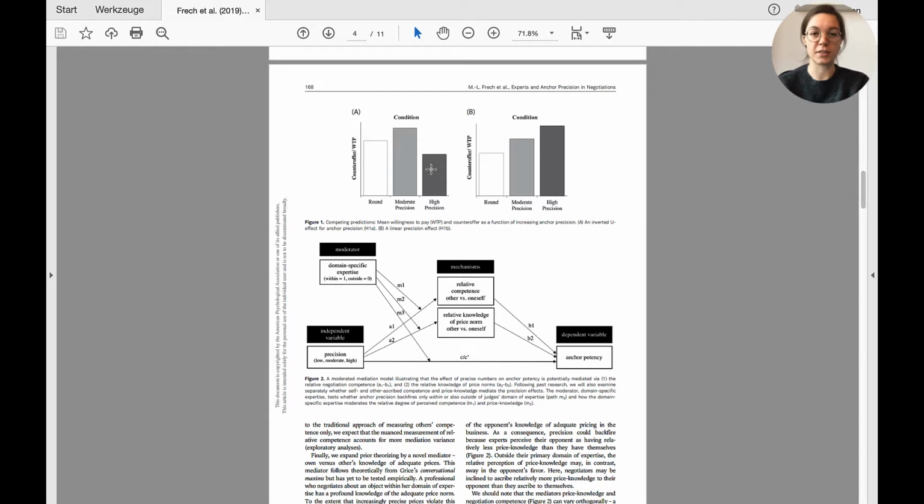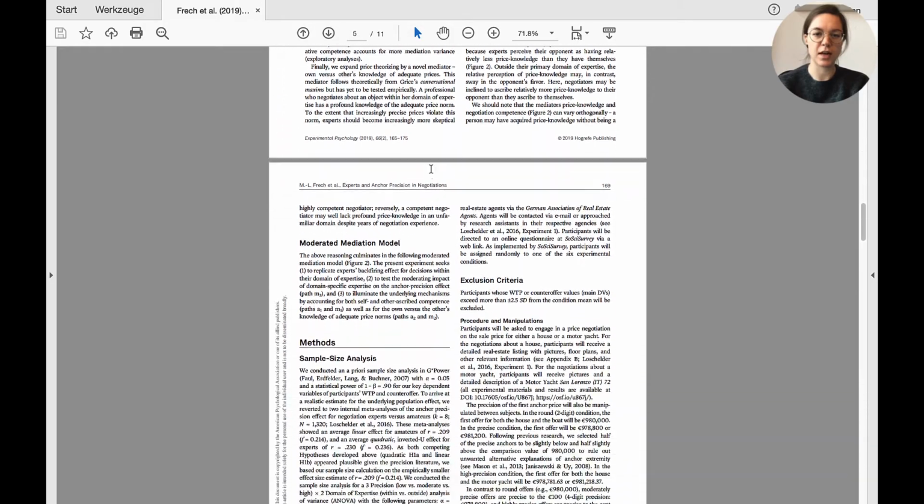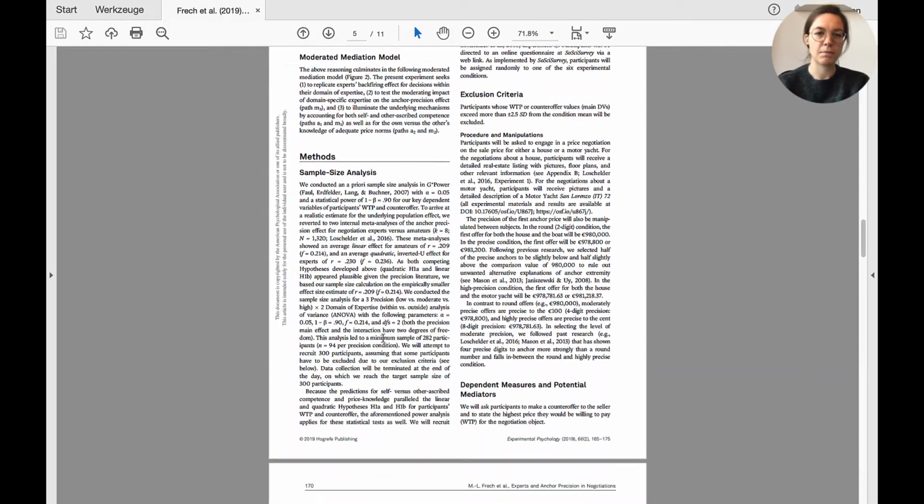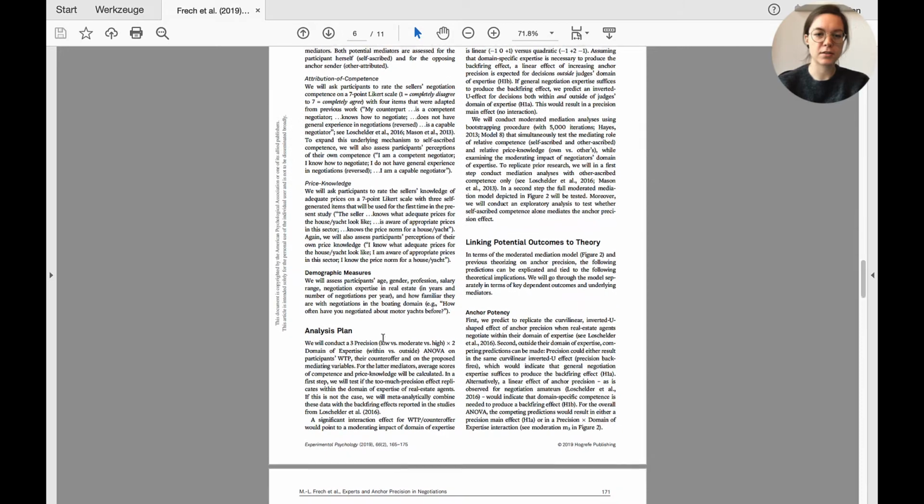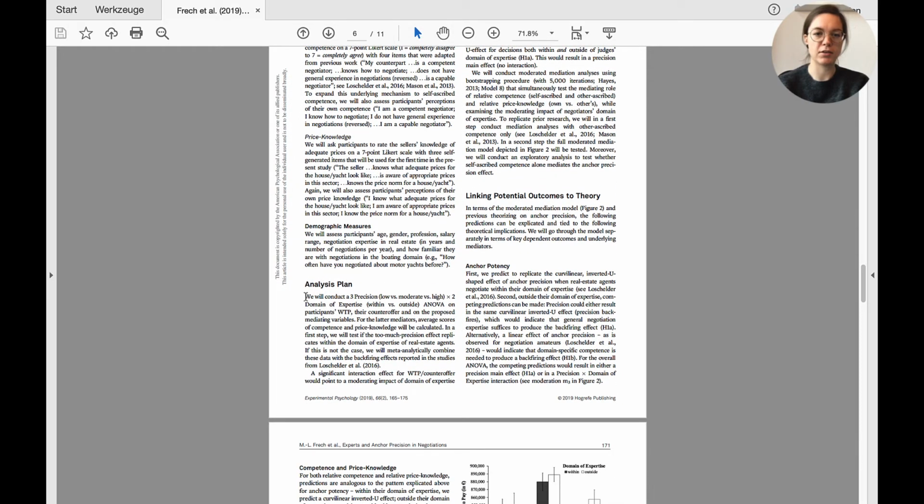So this is what they expected, what they hypothesized, and also in the analysis section on the methods, they also explain that they conduct a 3x2 ANOVA on participants' willingness to pay. So this is the analysis plan to test this hypothesis and this pattern of results.